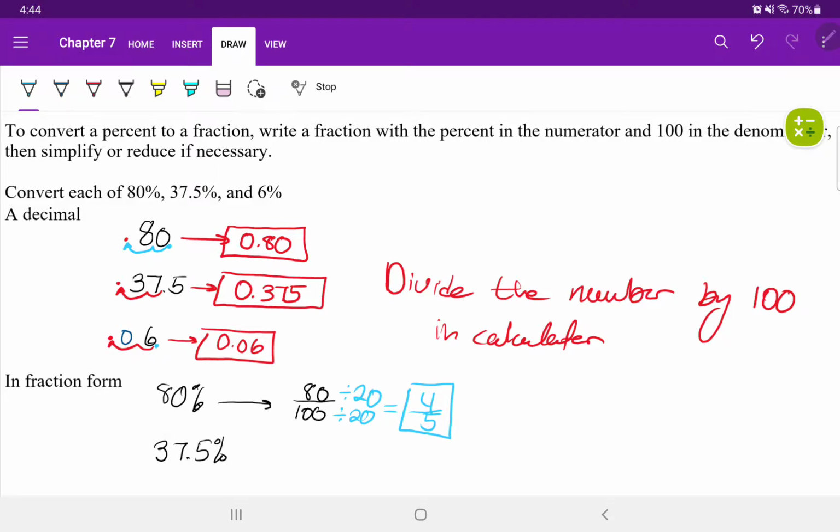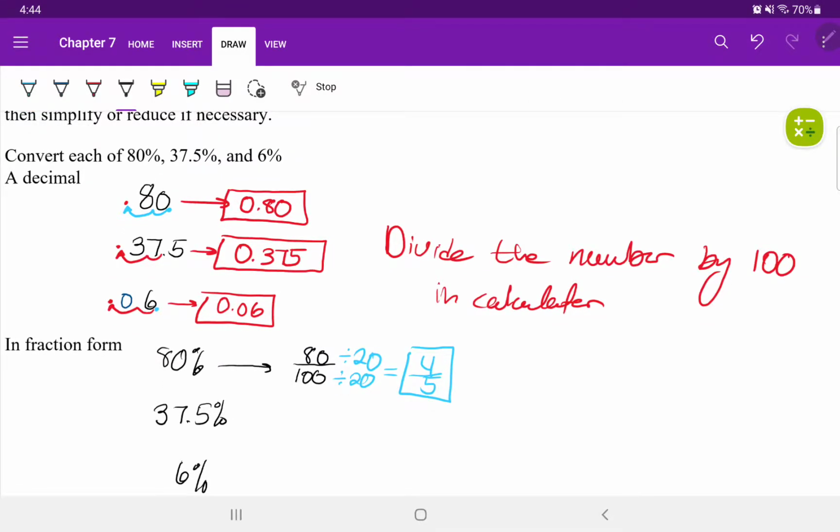We're going to follow the same approach when it comes to 37.5, because we're going to write that as 37.5 over 100. There's an issue now because there is a decimal in my numerator. And when I have a fraction, I want the numerator and denominator to be whole numbers, not decimals. So what I'm going to do is move my decimal 1 unit to the right. And when I move my decimal 1 unit to the right in my numerator, that gives me